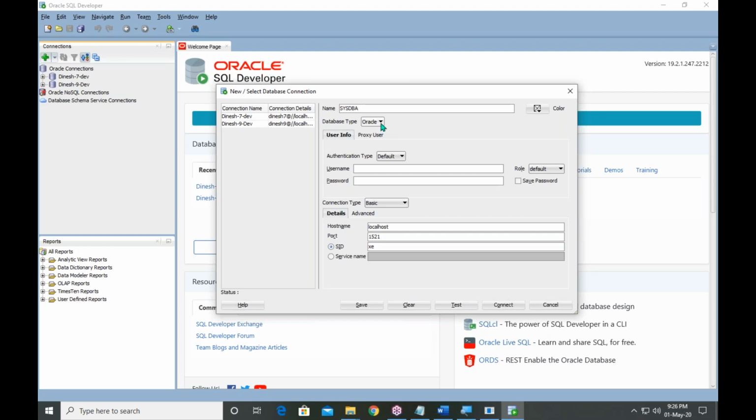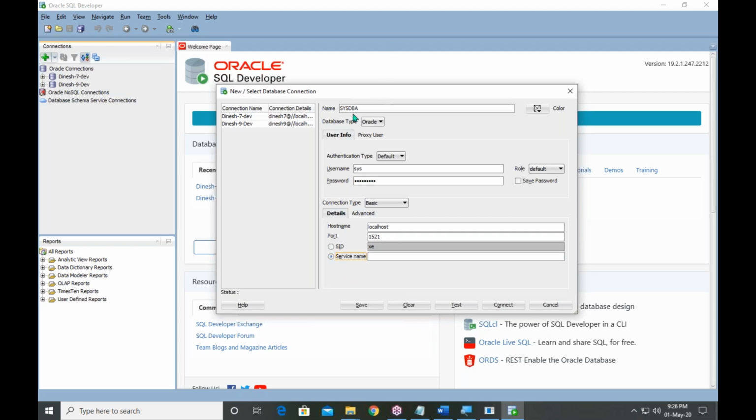Database type Oracle only. Authentication default only. Here username. What is the username for sysdba? Sys. Password is manager_1.